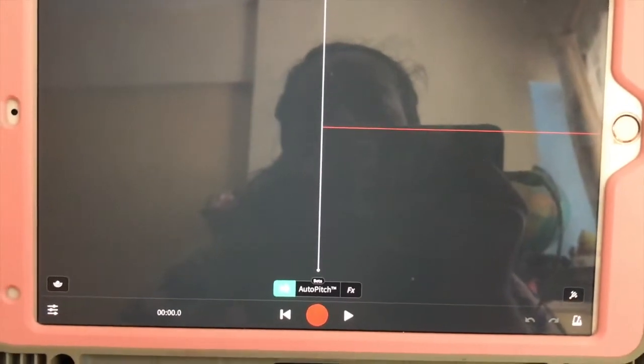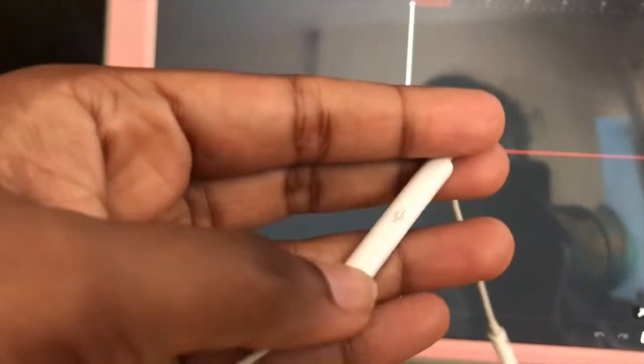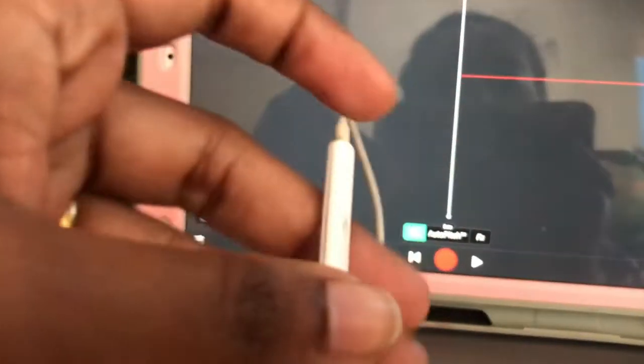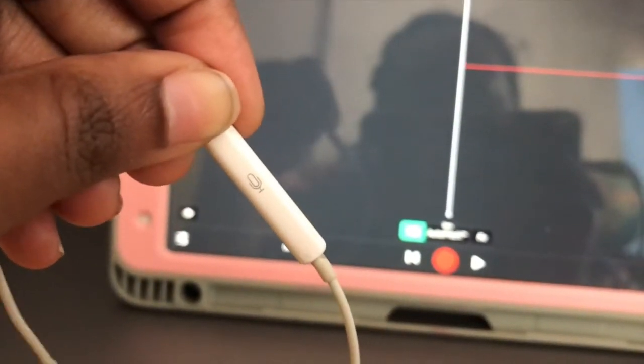Okay, and when you're recording over any track, you got to make sure that you're using headphones, because if you don't use headphones or earphones with a microphone option, for example something as simple as this, which has a microphone option here. Okay, these are very basic headphones that you have available. You could have these or anyone else, but as long as you have a little microphone, what happens is when you record, you're recording directly using this as the mic. Now I'll show you what happens if you don't use the mic.